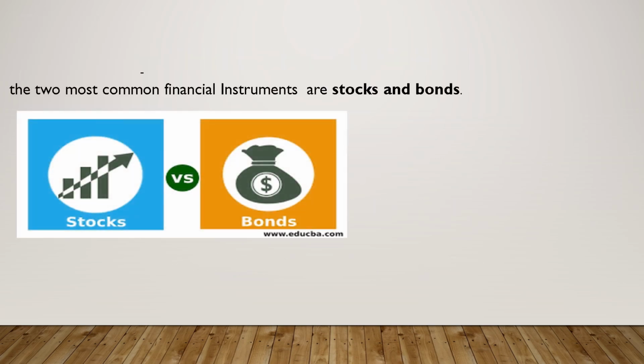In our coursework, we're going to talk more about the common financial types, that are stocks and bonds. That's our major type of investment. As you can see, we have stocks and bonds. Let's go to